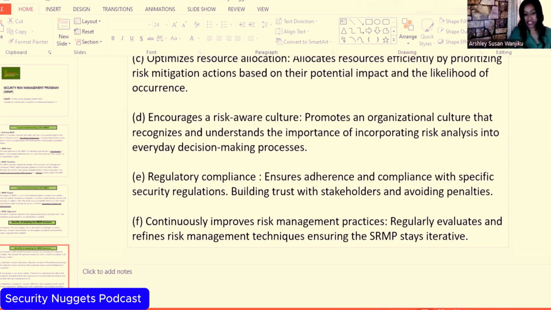The other benefit is that there is regulatory compliance, okay? The SRMP ensures adherence and compliance with specific security regulations, building trust with stakeholders and avoiding penalties. Now,